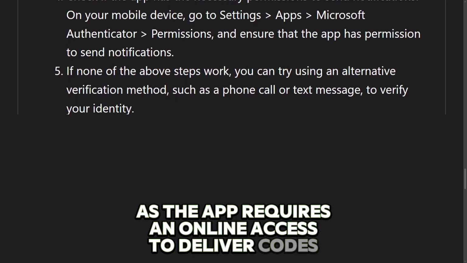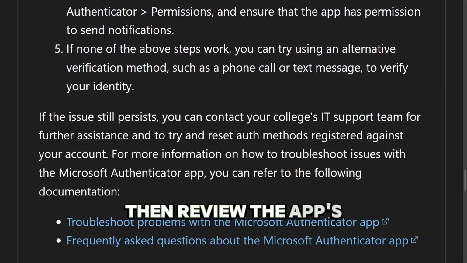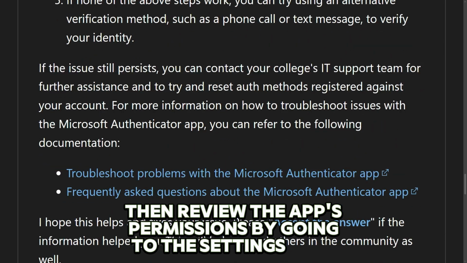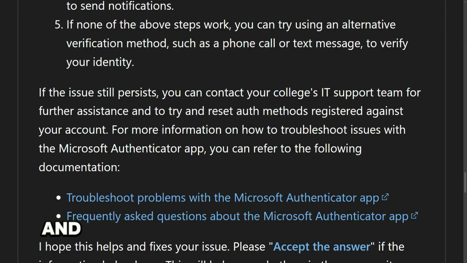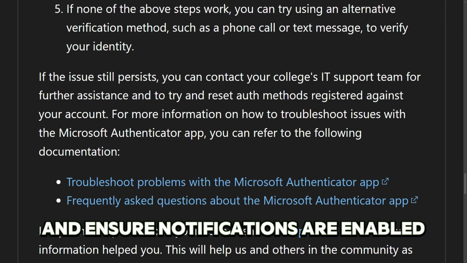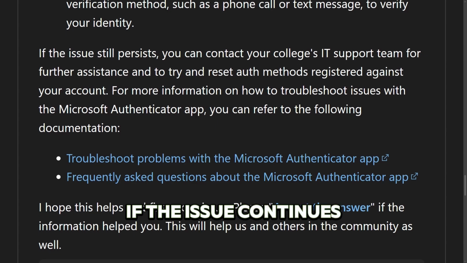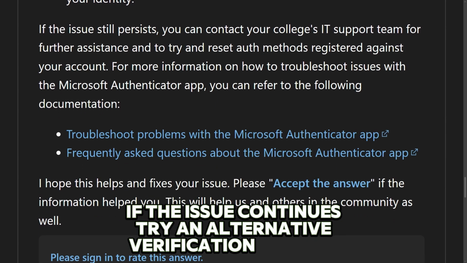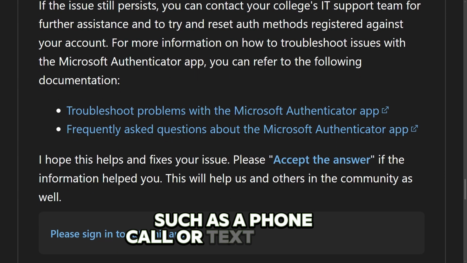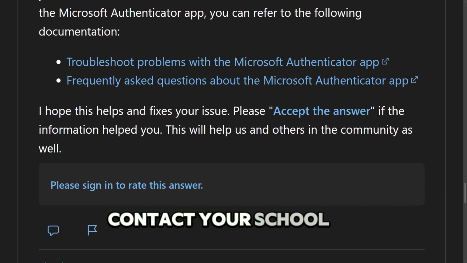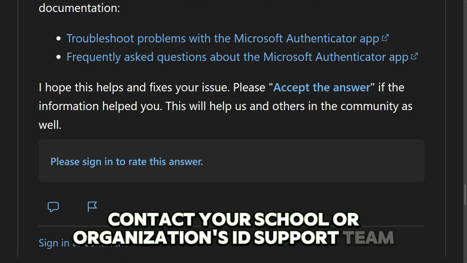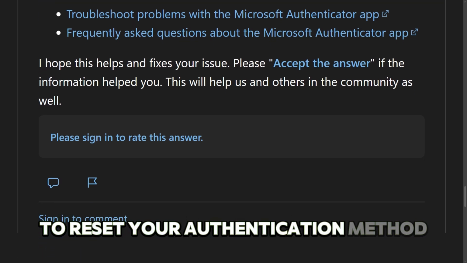access to deliver codes. Then review the app's permissions by going to the Settings, Apps, Microsoft Authenticator, and Permissions, and ensure notifications are enabled. If the issue continues, try an alternative verification method such as a phone call or text message. Should the problem persist, contact your school or organization's IT support team to reset your authentication method and receive